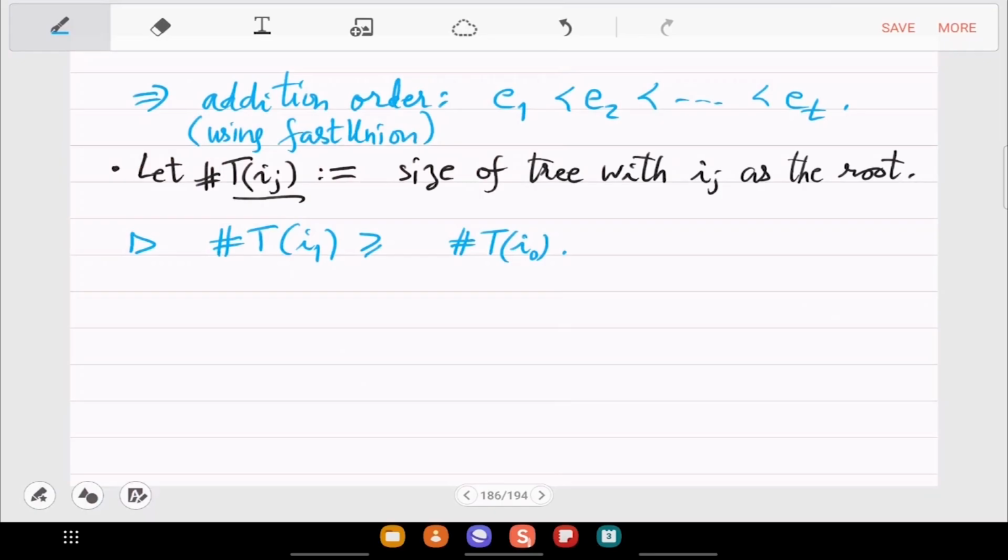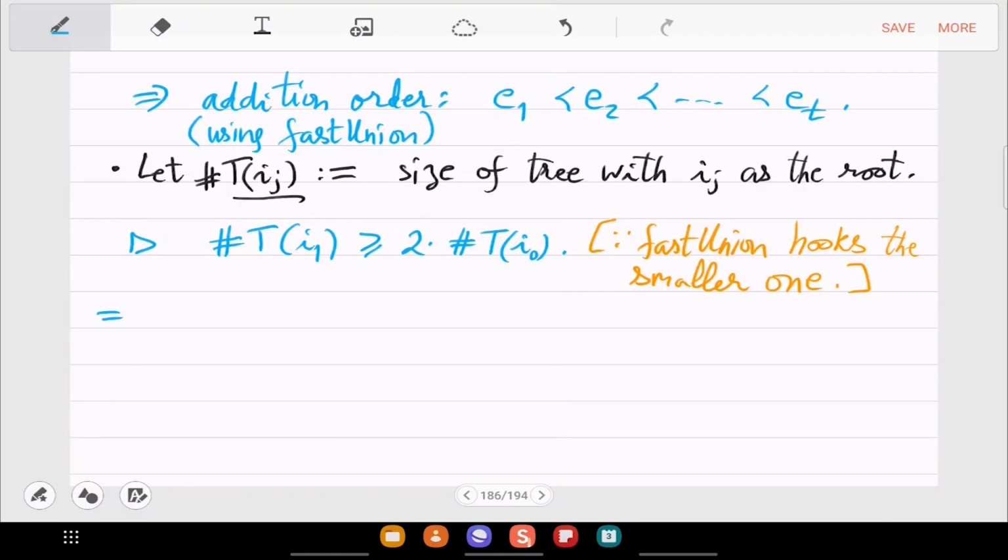So since the Ti0 is the smaller size, when you hook it, the overall size now doubles at least. Okay, so since the smaller one is hooked to the root of the larger one, the final thing is at least double. That's all we are doing, and which gives you the following sequence.